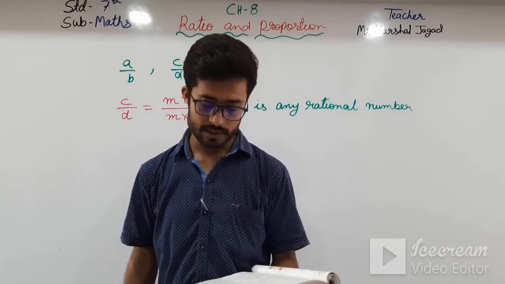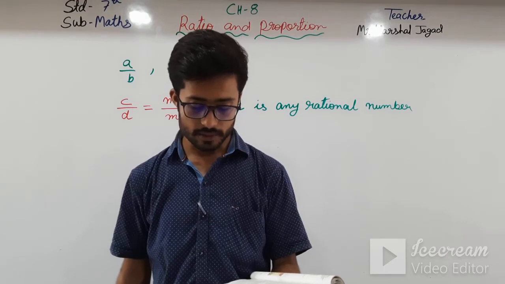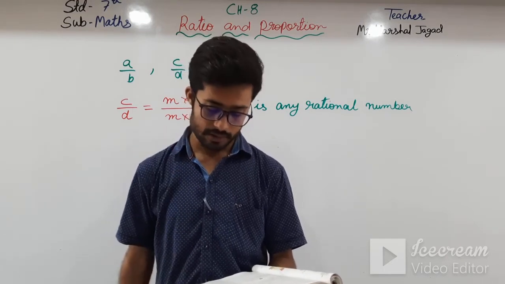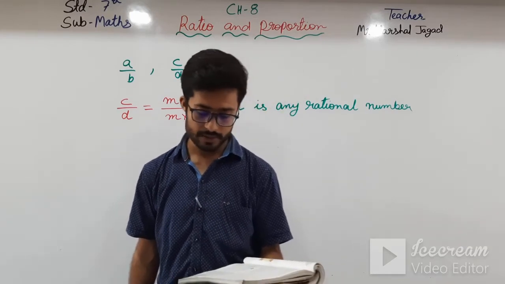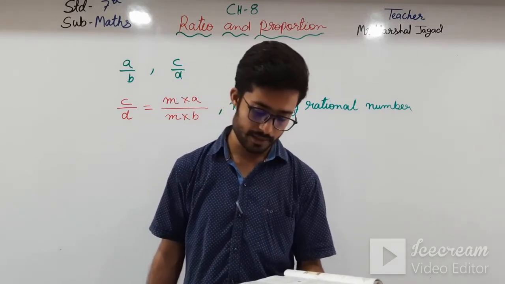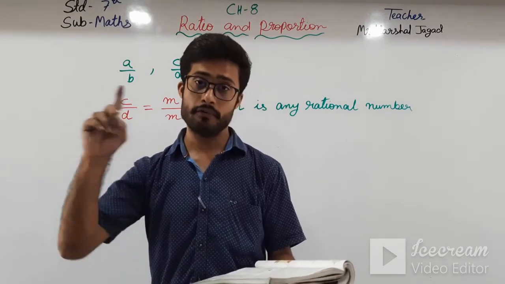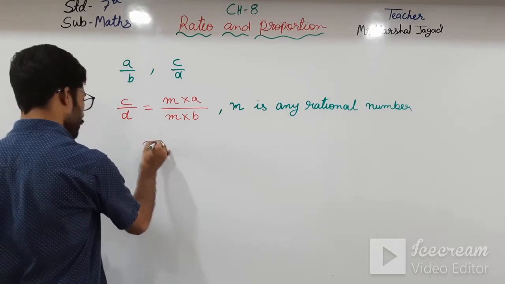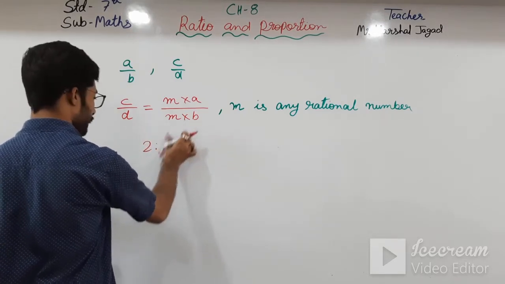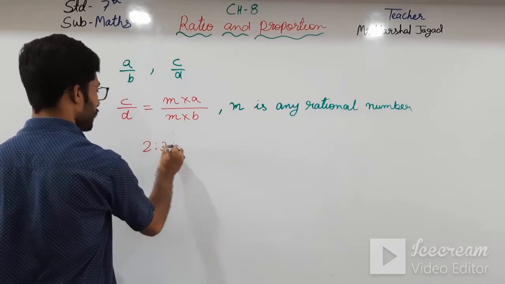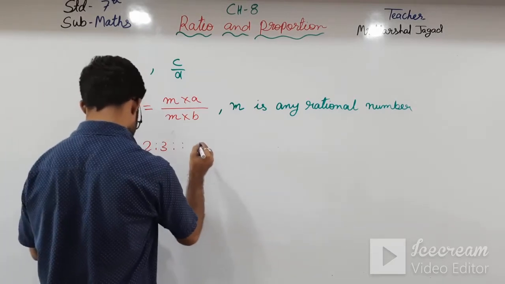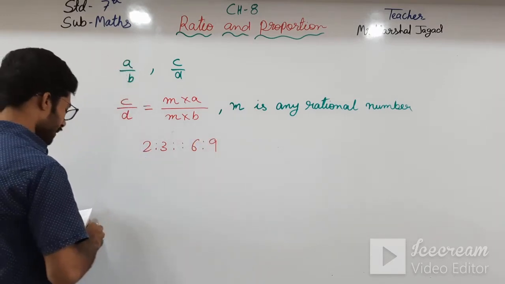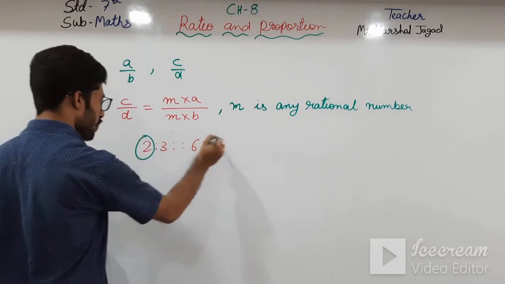It has four terms here. 2 is the first term, 3 is the second term, 6 is the third term, 9 is the fourth term. The first and fourth terms are called the extreme terms, and the second and third terms are called the middle terms. Here I am just writing 2:3 is proportional to 6:9. So here they are saying that 2 and 9